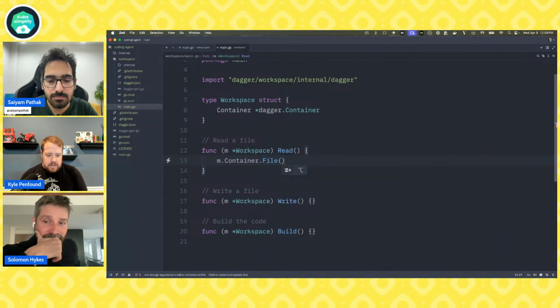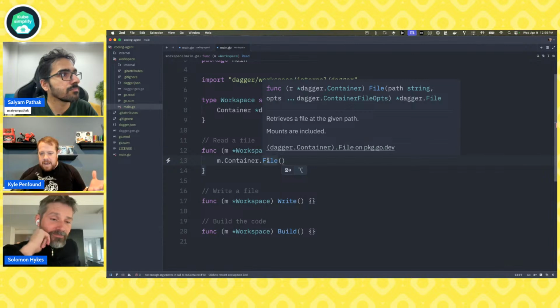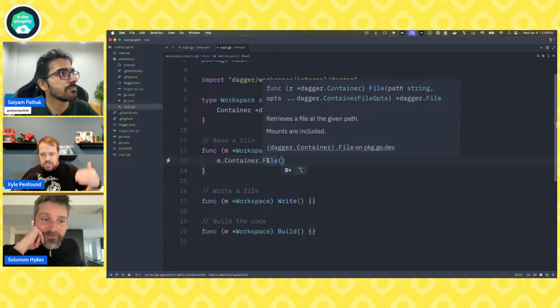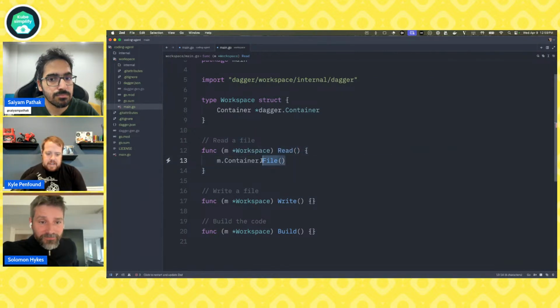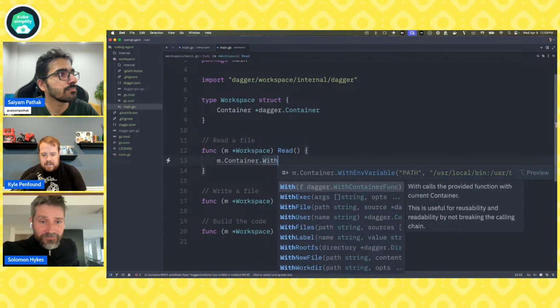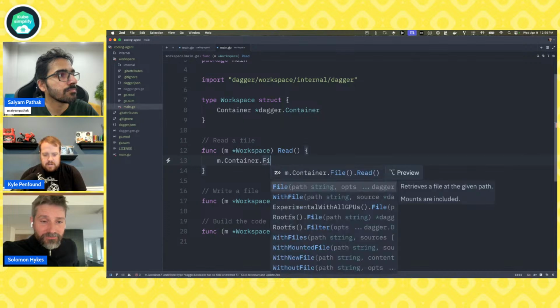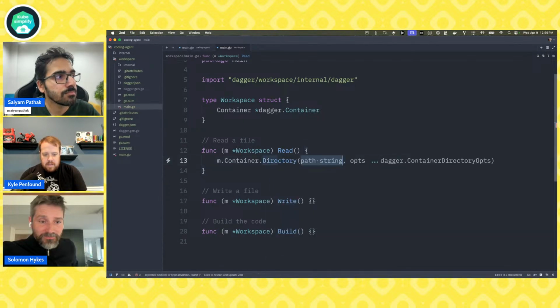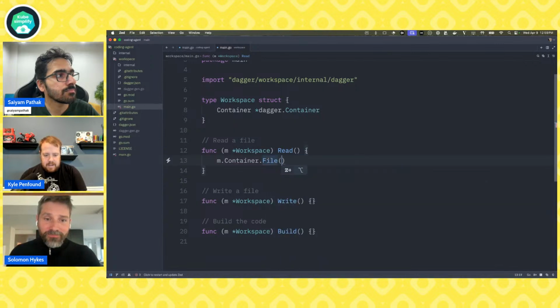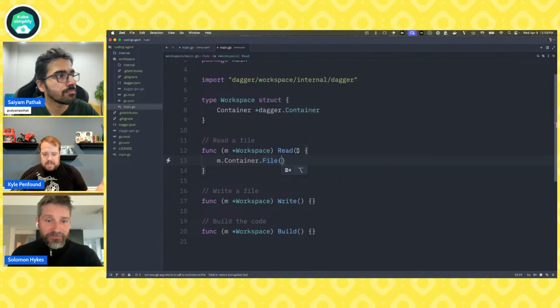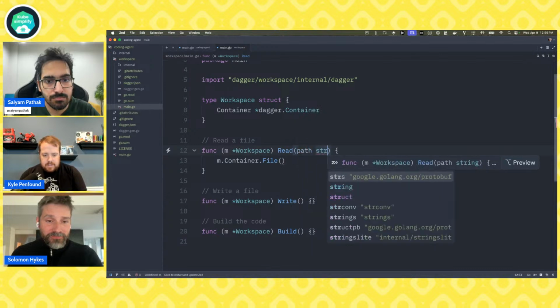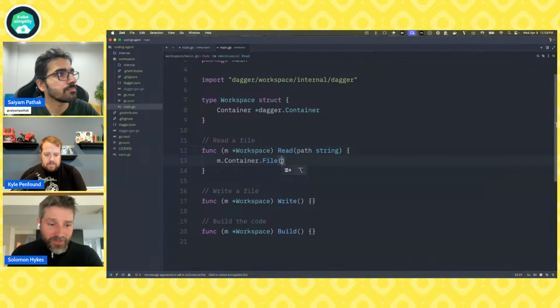So now we can get a file at any path, right? This is just chaining the functions that are available on all Dagger types. A container has lots of things like with exec, file, directory. But in this case, we just want to get a specific file out of here. So let's say .file, and file needs a path. Makes sense.